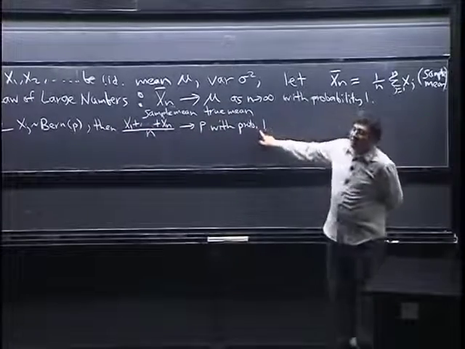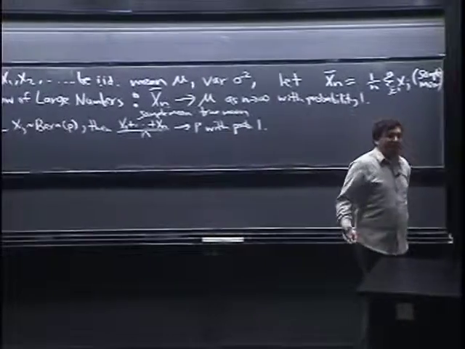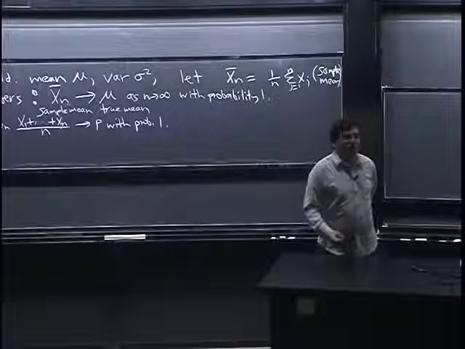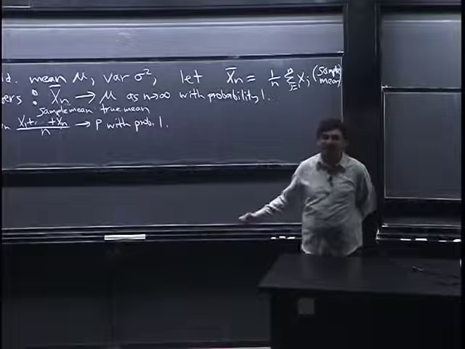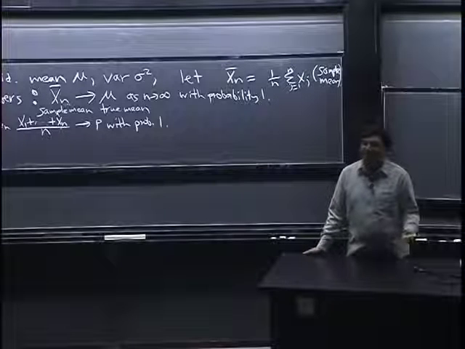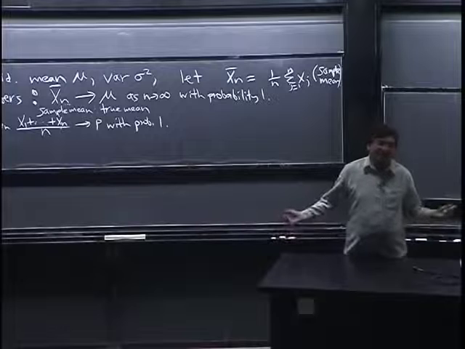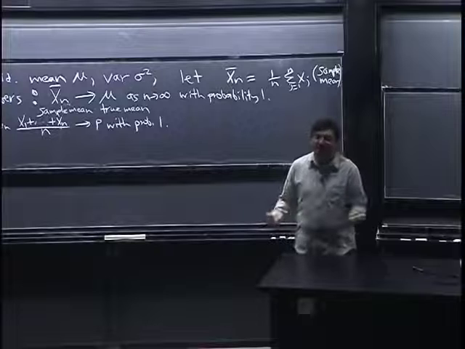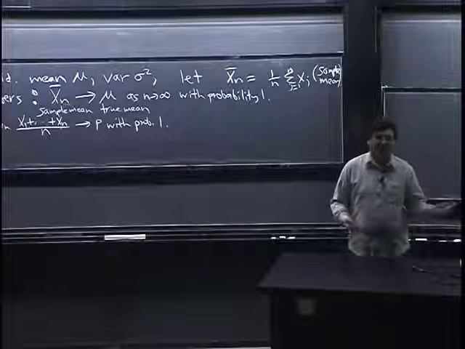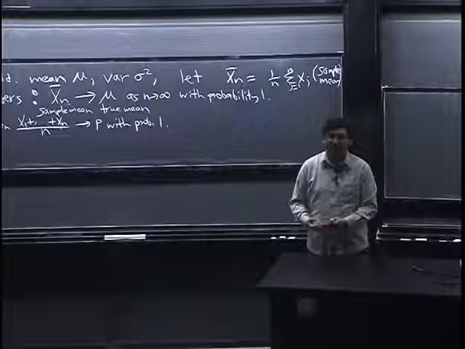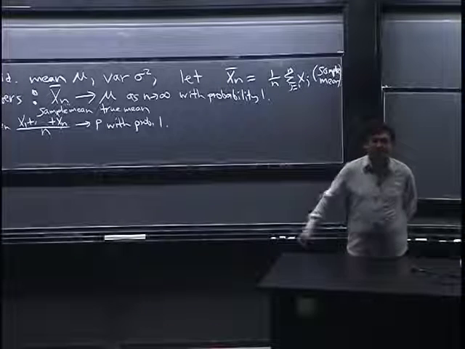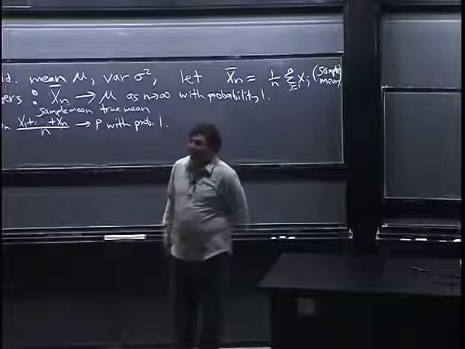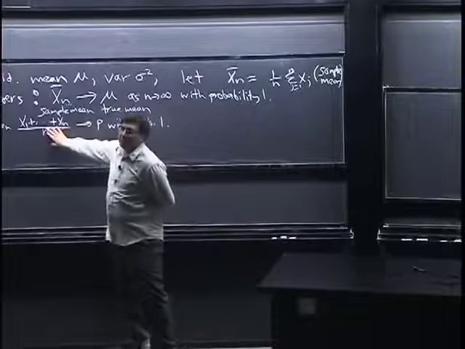This qualification with probability 1 is needed because mathematically speaking, even if you have a fair coin, there's nothing in the math that says it's impossible that the coin would land heads, heads, heads, heads, heads forever. You know that's never actually going to happen in reality, right? It's a fair coin. It might land heads, heads, heads for a long time if you're very lucky or unlucky, but it's not going to be heads forever. But there's nothing in the math that says that's an invalid sequence. So there are some weird pathological cases like that, but with probability 1, we get what we'd